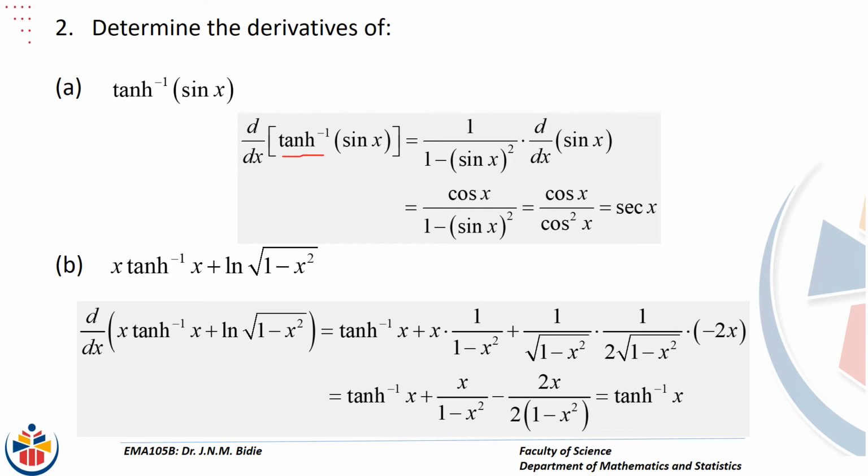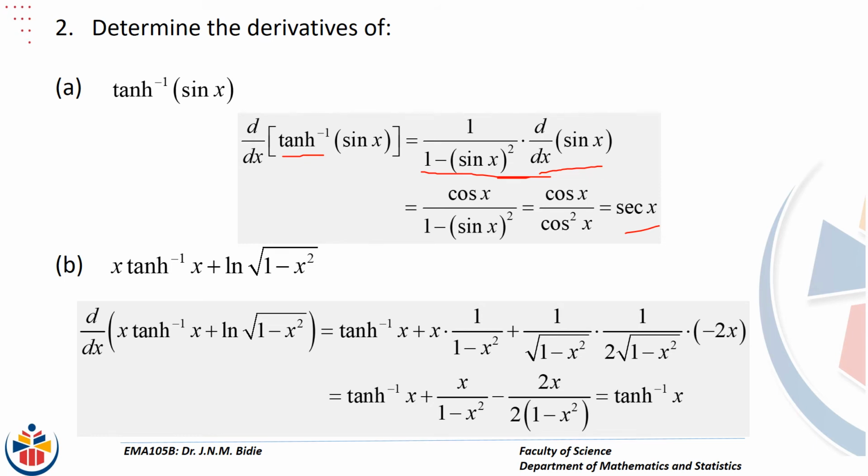We know it's 1 over 1 minus the argument of arctan squared multiplied by the derivative of the argument. Simplify and we get sec x. Please check the steps. Make sure that we use the correct derivative of arctan. And then